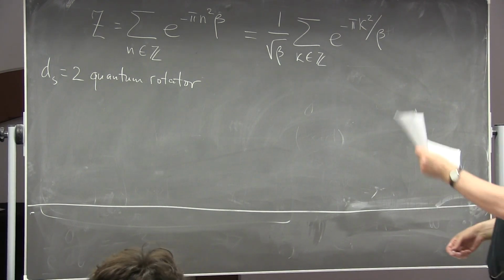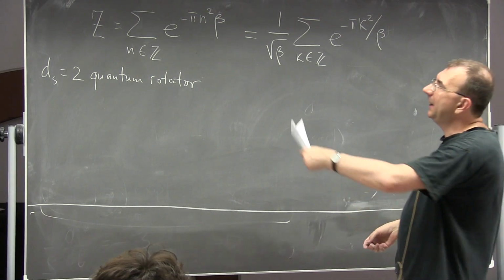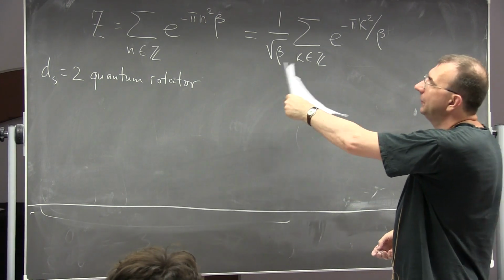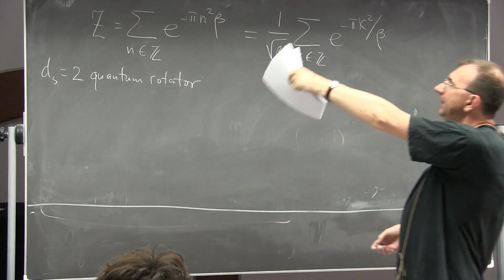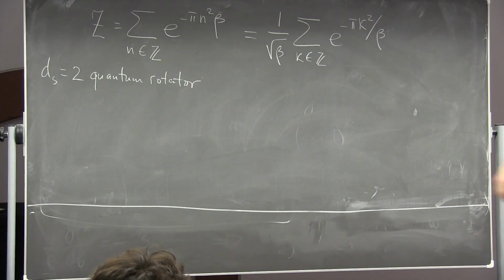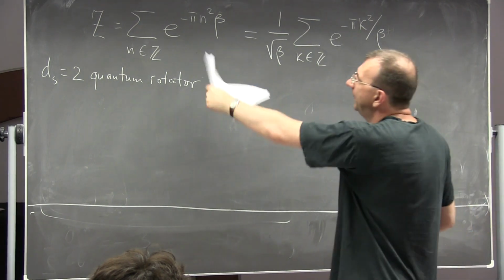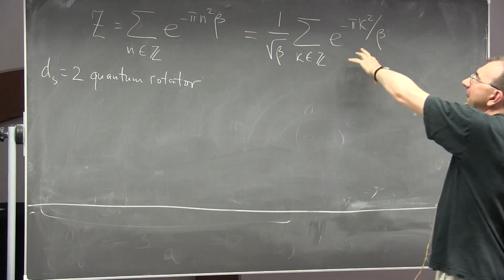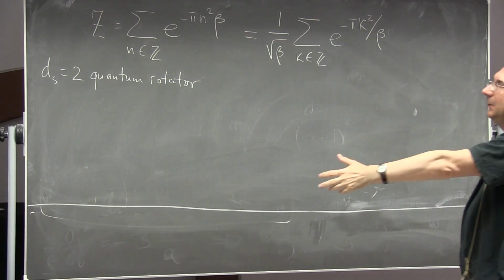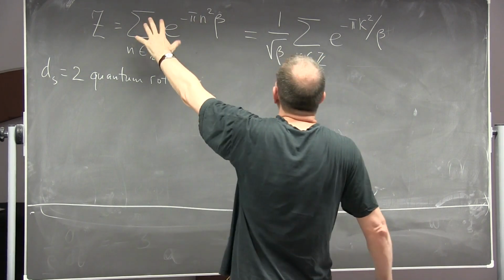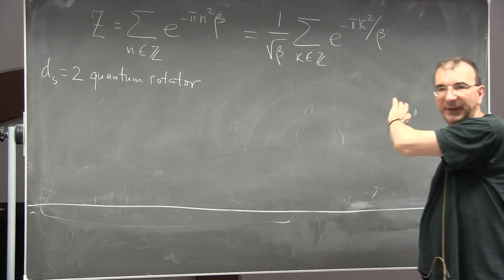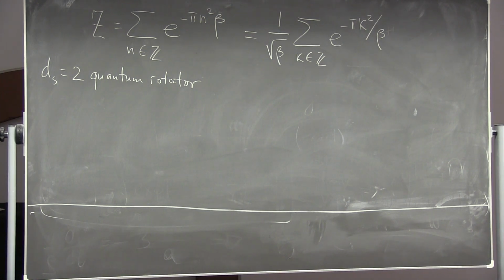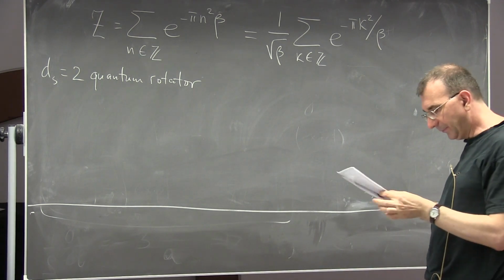So if you think of beta as a coupling constant, it means that the Fourier transform allows you to go from Z as a function of beta to Z as a function of 1 over beta, right? So it kind of inverts the coupling. And so a strong coupling expansion on this side is mapped into a weak coupling expansion on the other side, right? And if you know the weak coupling perturbative result on this side, it immediately gives you a non-perturbative result on this side and vice versa. So this is the simplest example of duality, and it's not an accident that the Fourier transform entered this discussion. It actually has some deep reason for that.